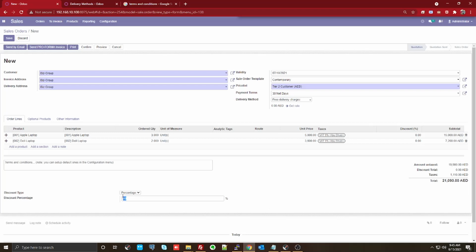Now this could be a percentage, or if you want it to be an amount, say 200 dirhams. So you can see that it is applying that discount on your untaxed amount, and we can have those printed out wherever you want to have it.